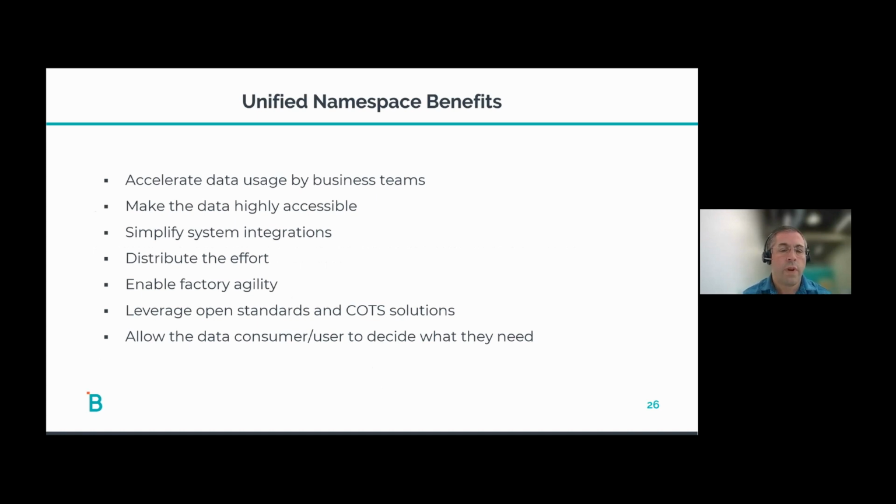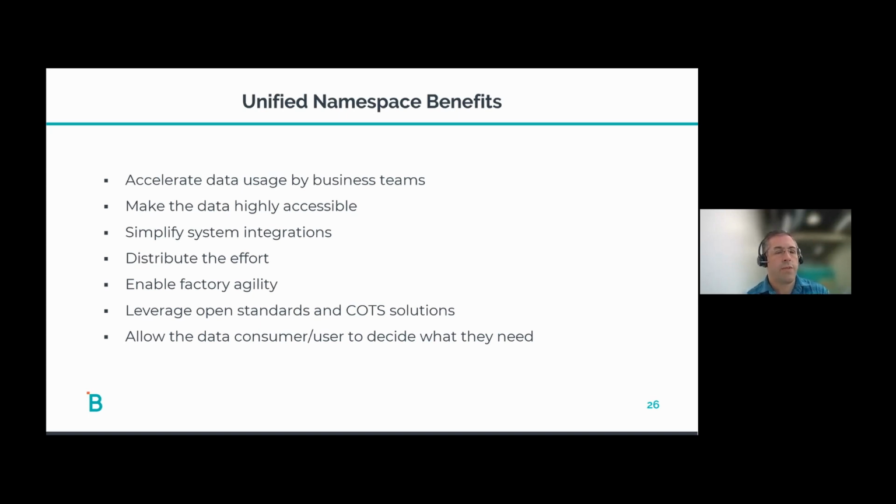We need to make data highly accessible. People now need to be able to see data, whereas 5 or 10 years ago, they would get a report weekly or monthly as to what was produced or what were the quality measurements for the period. Now they want to know on a daily, hourly, minute-by-minute basis, how many defects are we creating on each machine in each line? And they want access to that data. So we need to provide them access to the data that they need.